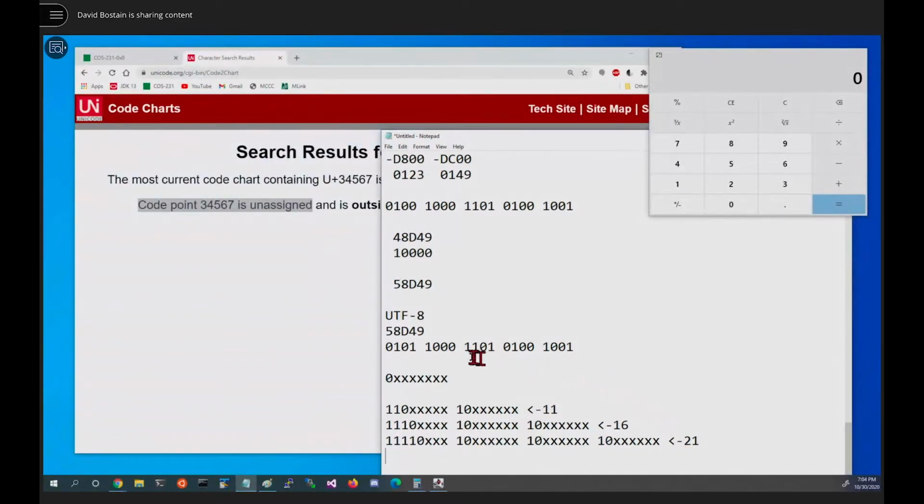So ours needs from the 1 to here. 16 bits is here, 17, 18, 19. We need 19 bits, so we're going to have to fit into this last state. So I'm going to take this. Remember, the leading 0 doesn't have to be stored. It probably will be, but it doesn't need to be. And then what I'm going to do is start pushing things over until they line up with the X's.